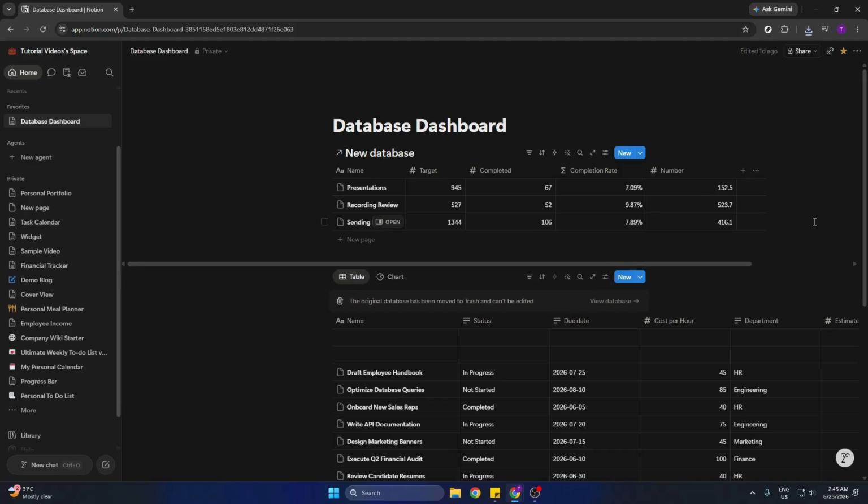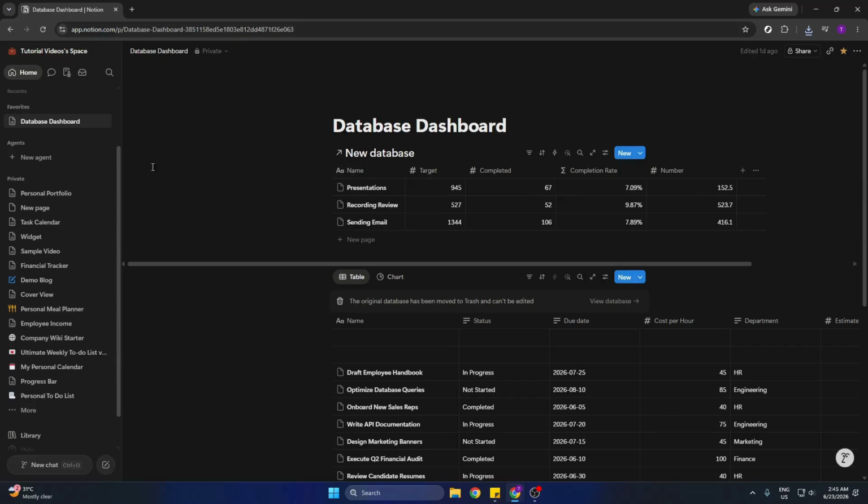Today, I'll walk you through how to build your portfolio website with Notion, even if you're a total beginner or just need a quick refresher. By the end of this guide, you'll know exactly how to create and publish your own portfolio site so you can showcase your work effectively. Let's get started. First, head over to Notion and open the personal portfolio that you want to build as a